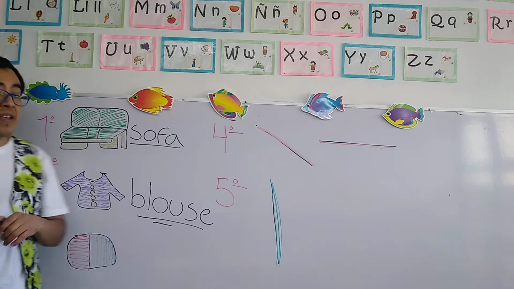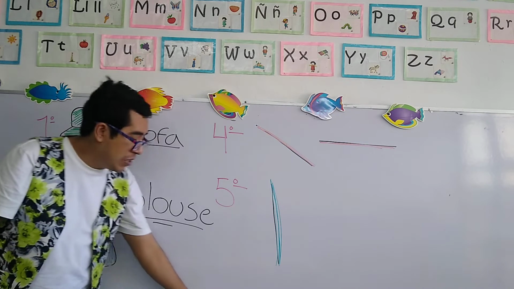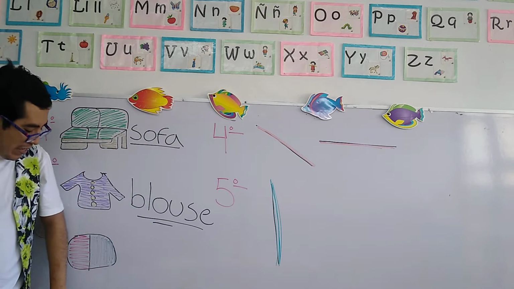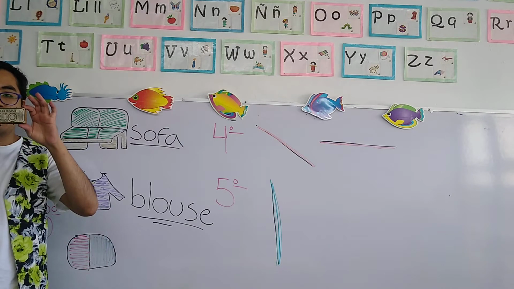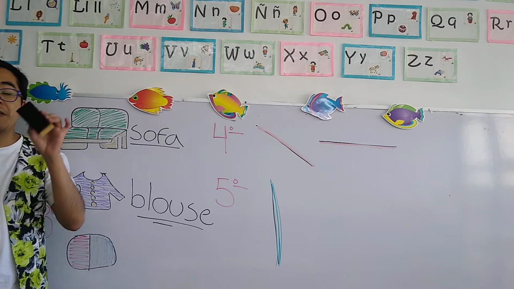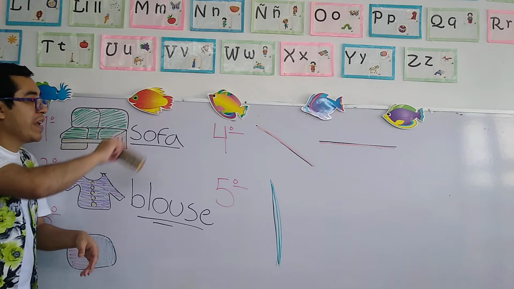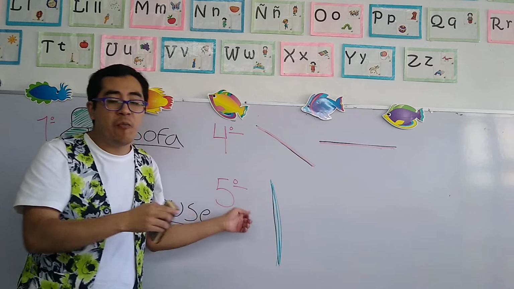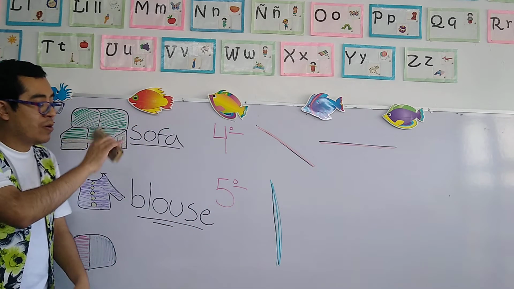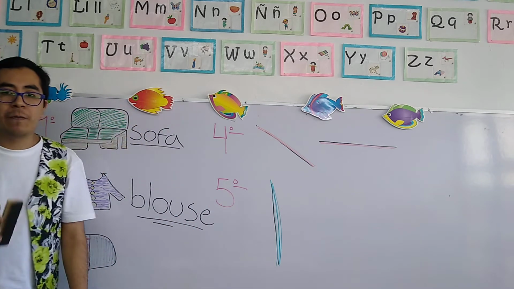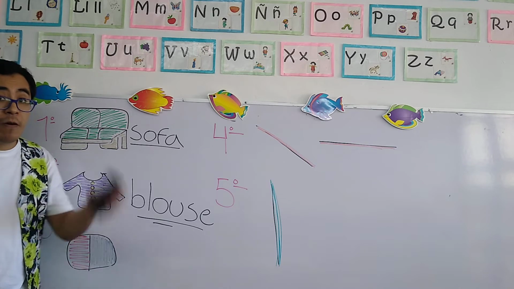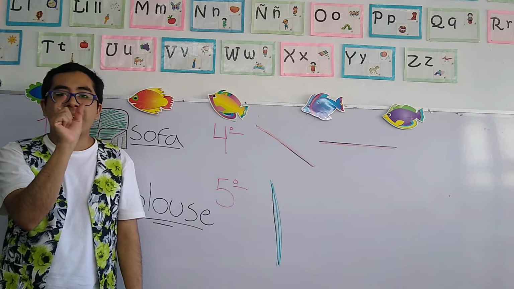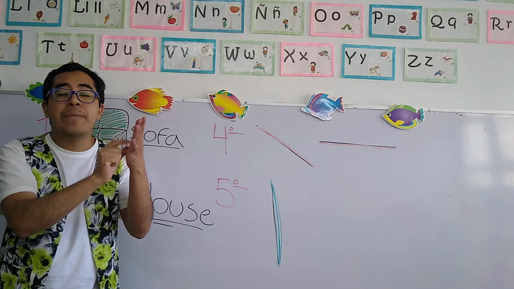Let's continue with the number 3. Now, this object has two forms. One of those forms is this. Okay, this is an object that I use to erase the objects or all the things that I have written on the whiteboard. Todo lo que hay escrito, I use this para borrar. Okay, the second form of this object is in a smaller form and is used to erase the pencil,